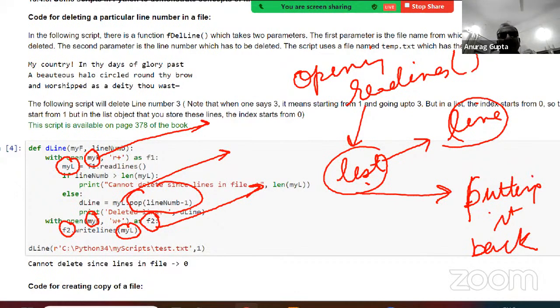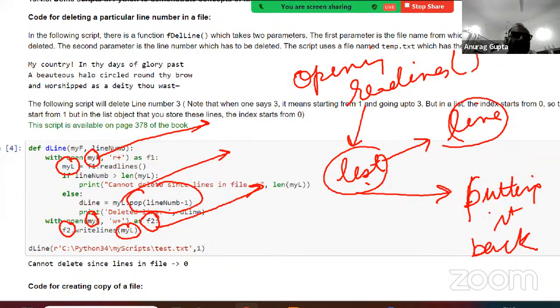Python has hundreds and thousands of libraries, and there are hundreds of modules for file operations, so there could be some module which lets you delete a particular line number, but I am not aware of it.